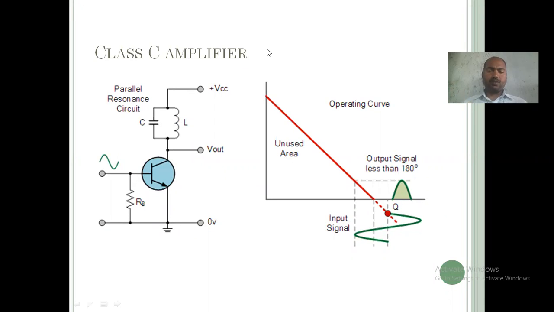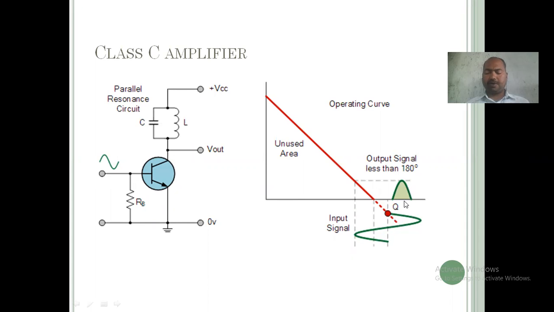Okay, see the period, the operating period of this type of configuration is less than 180. See, this is less than 180 degree. It is the period of working of your class C type of amplifier. Okay, now less than 180 indicates that period near about 90 degree. Over that period it should work, meaning we have applied the full 360 signal to the amplifier. It should have only output which is less than 180 degree,